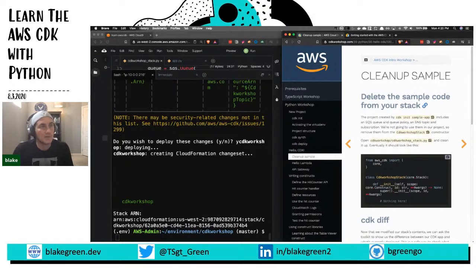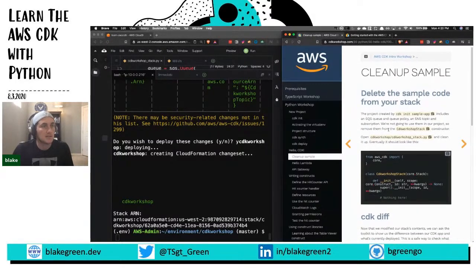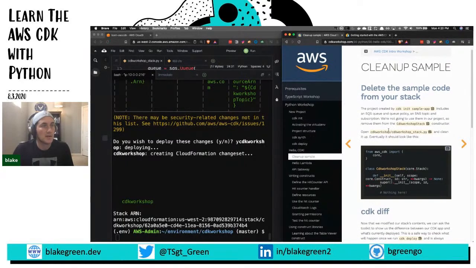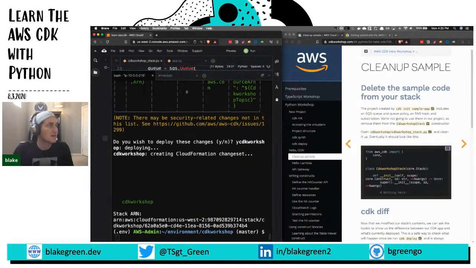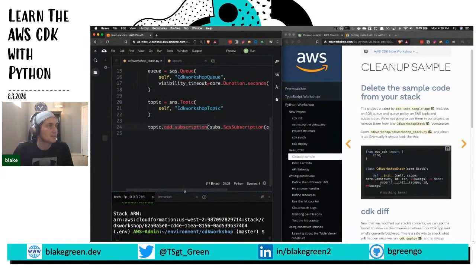Delete the sample code from your stack. So the project created by the CDK init sample app includes an SQS queue, right. So open our stack.py and clean it up. Eventually it should look like this. So we'll just get rid of,